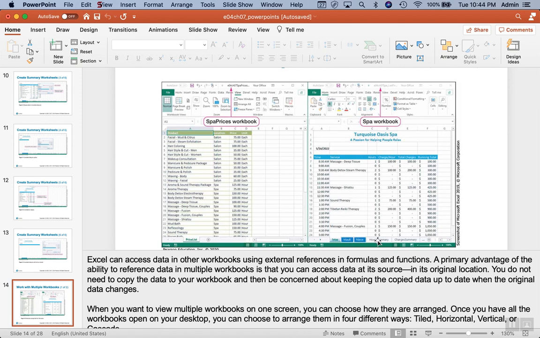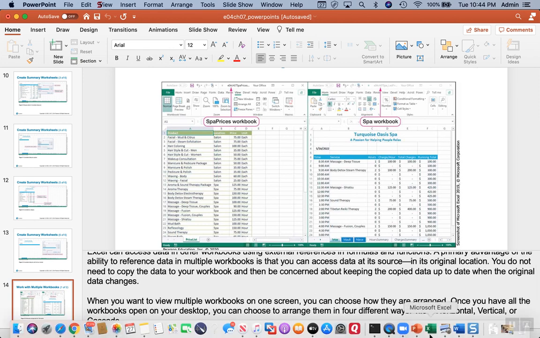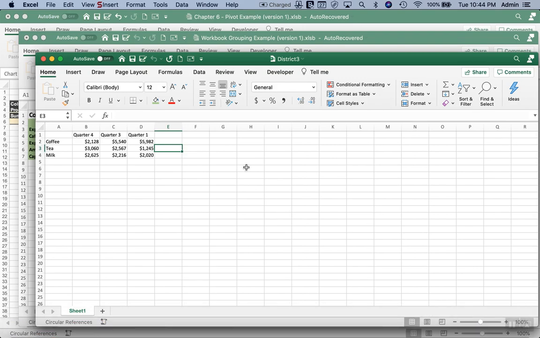We can tile them, or we can organize them horizontal, vertical, or cascade. Where that gets controlled, we'll see under View. So if we click View,